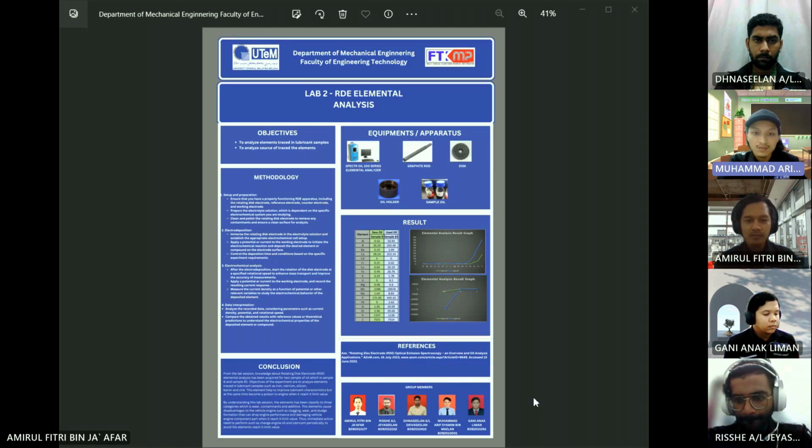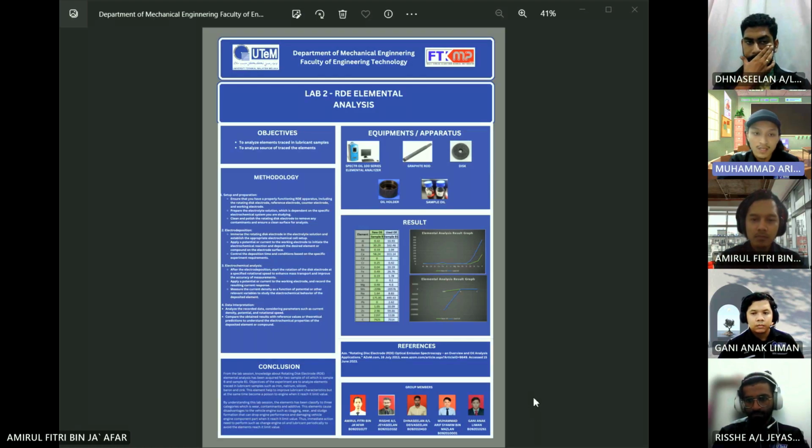Barium concentrations also differ between the samples. The new oil sample B exhibits a concentration of 0.19 ppm, while the used oil sample B1 shows a slightly higher concentration of 1.04 ppm. The presence of barium in the used oil could be attributed to the presence of barium-based additives or the accumulation